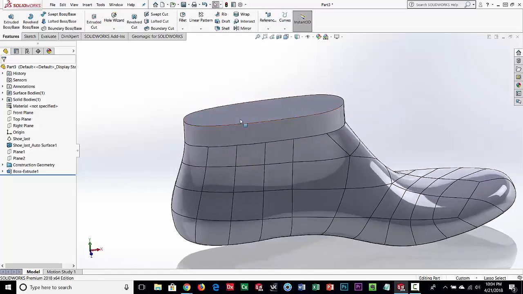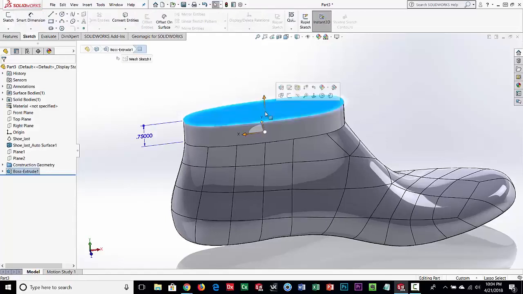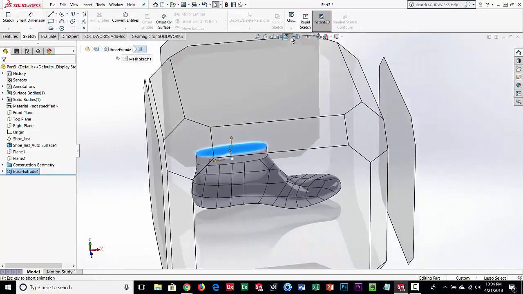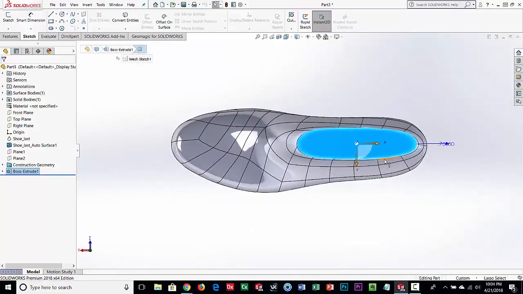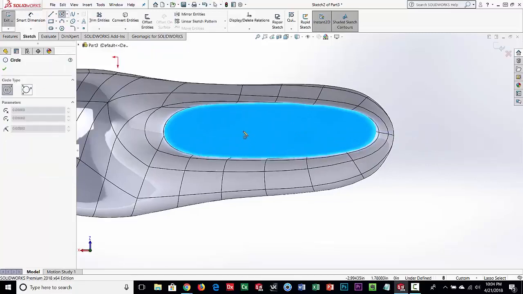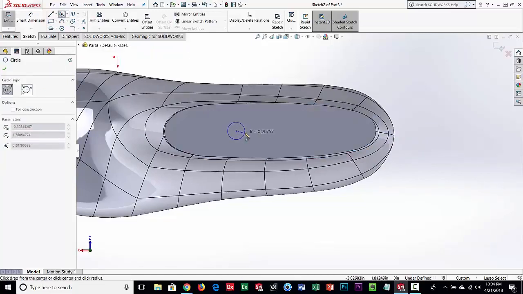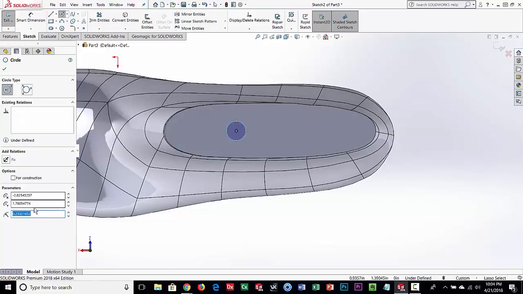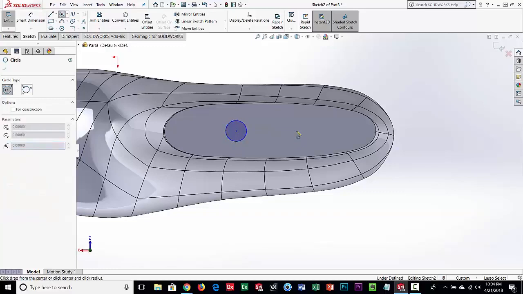Okay. Now the next thing I want to do is I need a couple holes in the top here. So again, we go back to our sketch, and what we'll do is let's get to a top view. So we're looking at the top of it. Okay, and I want to put a couple holes in here. Okay, and at this point, again, I'm just sketching, so let's make that a 1/4 inch, and let's put another hole here.